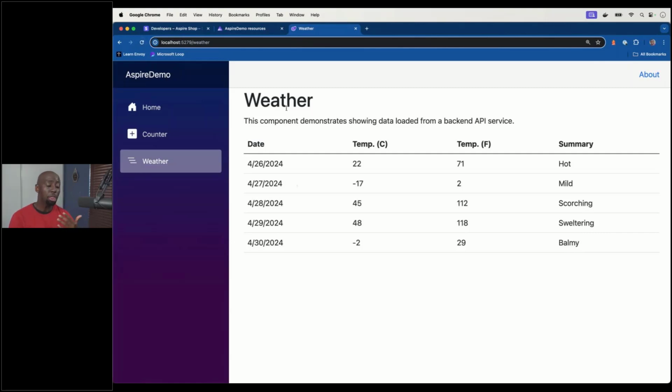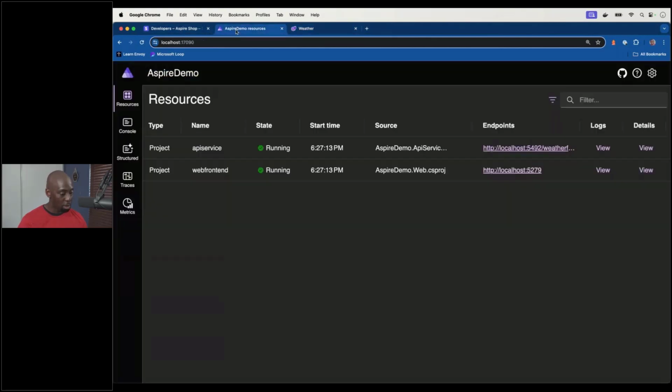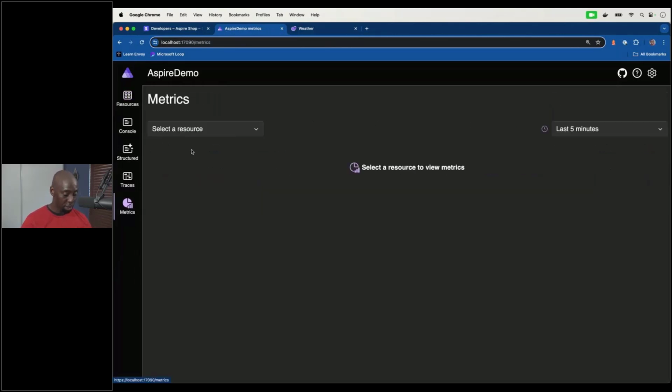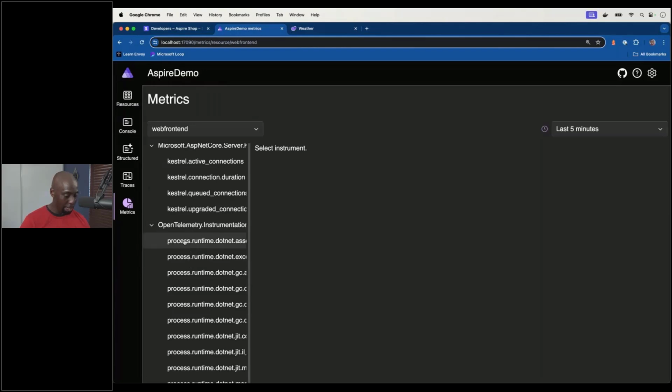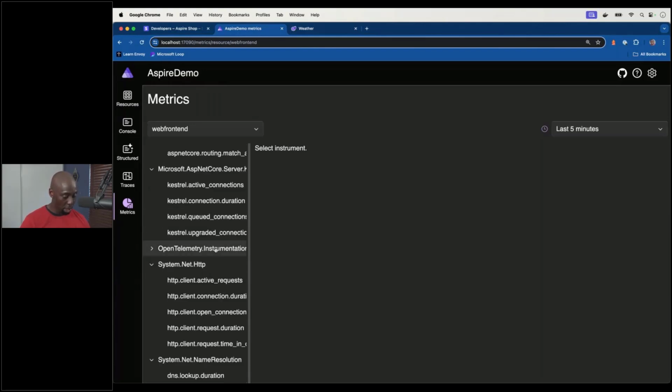The reason I'm doing that is because I want you to see that because this application has been orchestrated with some interesting defaults, and we'll take a look at what some of those defaults are, I'm able to not just get the logs, but I'm able to get traces and metrics about how this application is running. And the only thing I did was create this new application template and run it, and all that stuff just got wired up for me. So if I head over to metrics, as an example, I'm going to head over to this web front end, and you can see that I could scroll around here and get all of these different metrics about what exactly has happened in this app.